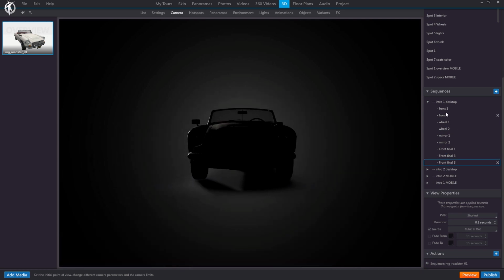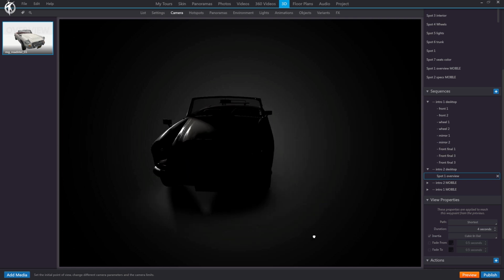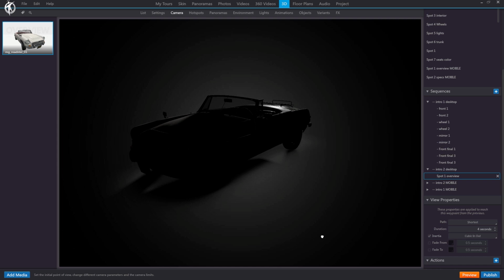You could have everything in one single sequence, or, as we see here, split it up and pass from this sequence to this one where we have the initial view of our model, and also using actions we bring back the lights to their normal state and make all skin elements and buttons appear to prepare the tour for navigation. And this separation of the sequences allows us to give the skip intro button the action to directly open this sequence. If you need, as was our case, you can also create other similar sequences, but with the variations necessary